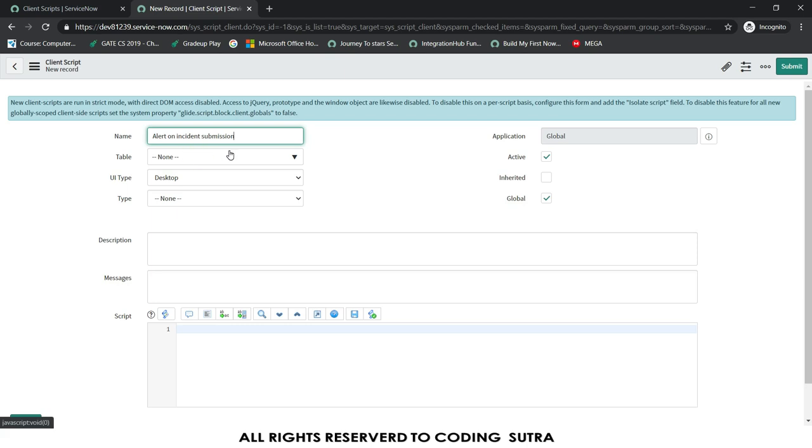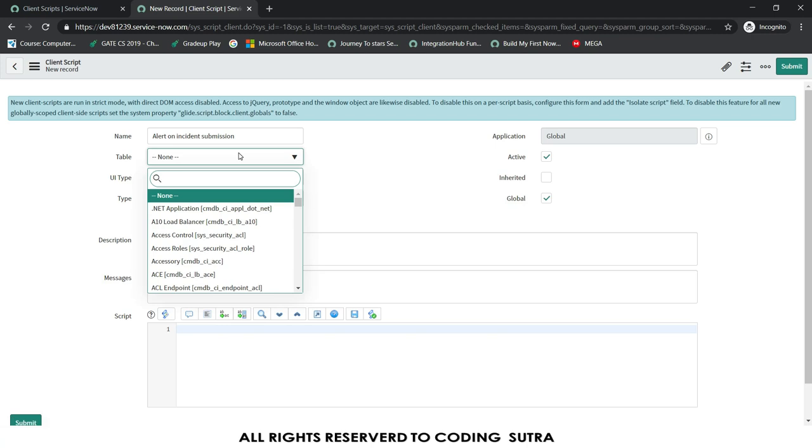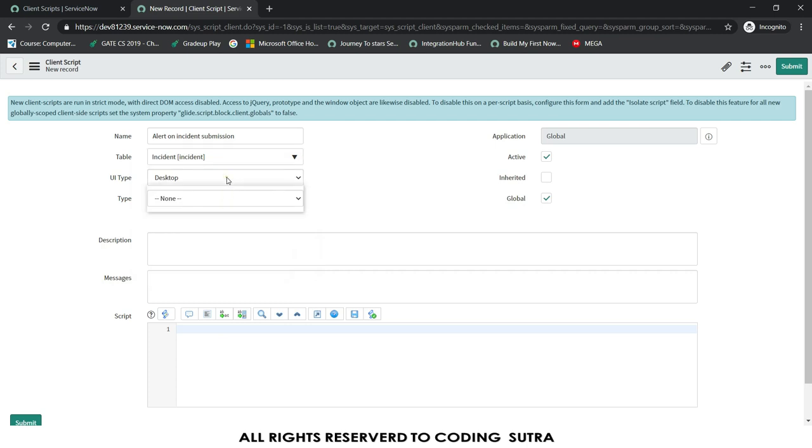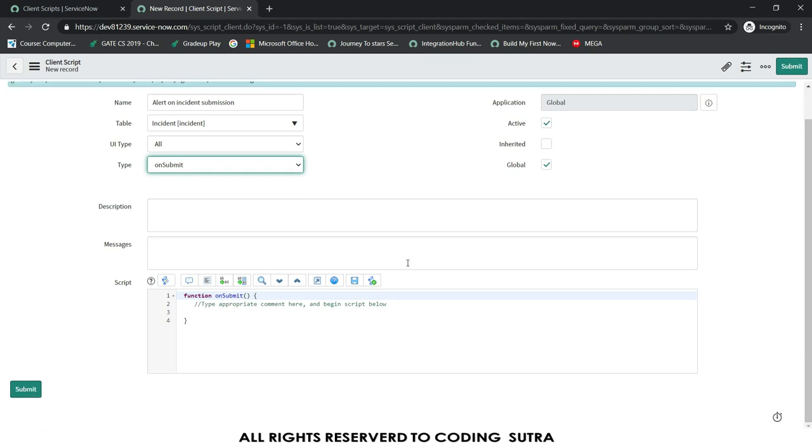Type is onSubmit. Since we are applying this on the incident table, I will choose incident in the table field. I will choose all as my UI type. Now I have to show the alert message as and when the form is submitted. I will make this active. Now I will write alert.